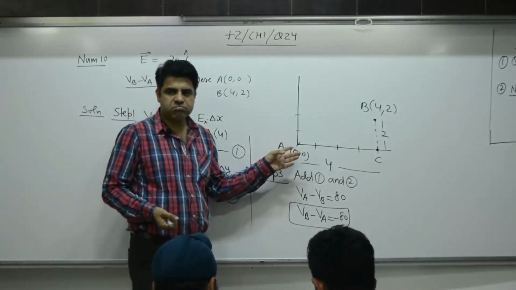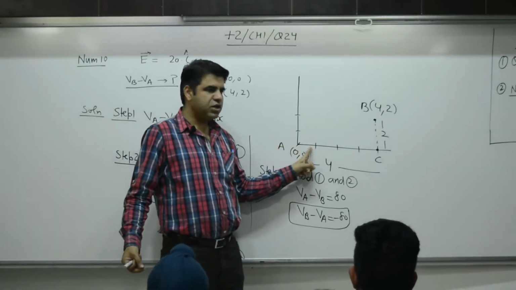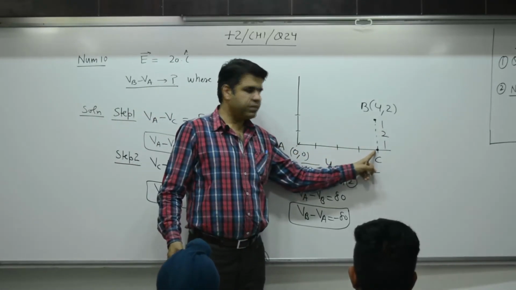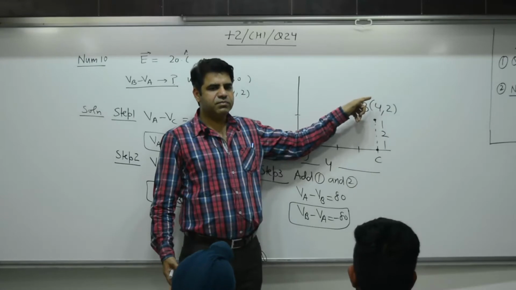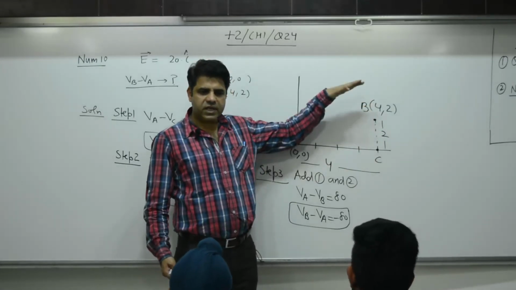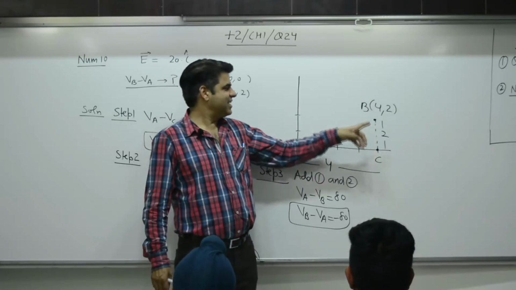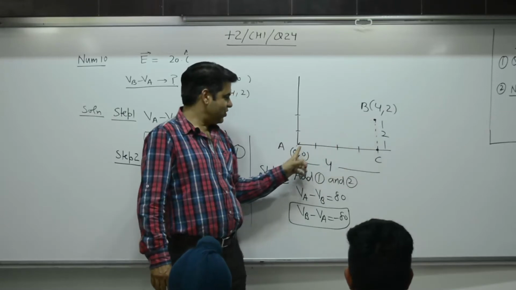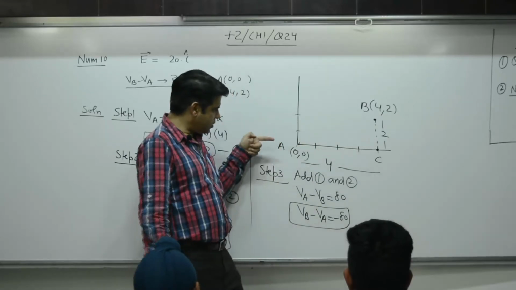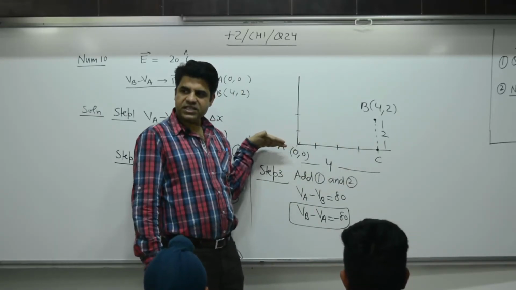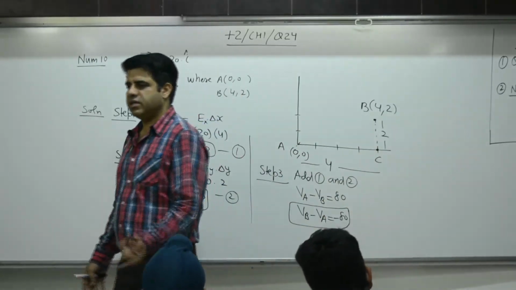Again, competition, 1 minute. Value 20. If you move along this, you spend 20 rupees per meter. 20 rupees, 20 rupees, 20 rupees, 20 rupees, 80 rupees. This is free. Lift is free. Mittal Mall. Lift is free. Going up was free. Up, but not too much up, okay? That would also be free. This is free. So 20 into 4 comes out to 80 units. So there is a potential difference between A and C. Electric field is along this line. So potential in this direction will decrease. If this is 0, this is at minus 80, this is also at minus 80. Competition has to be done like this.